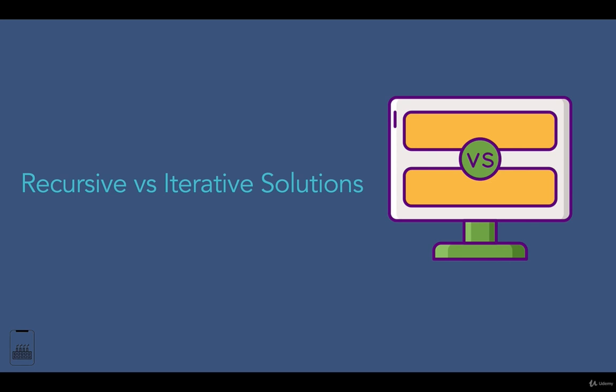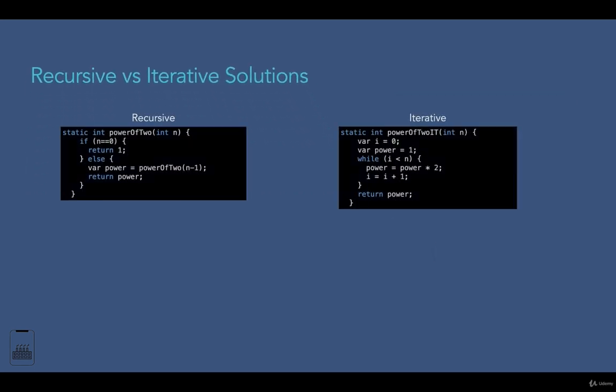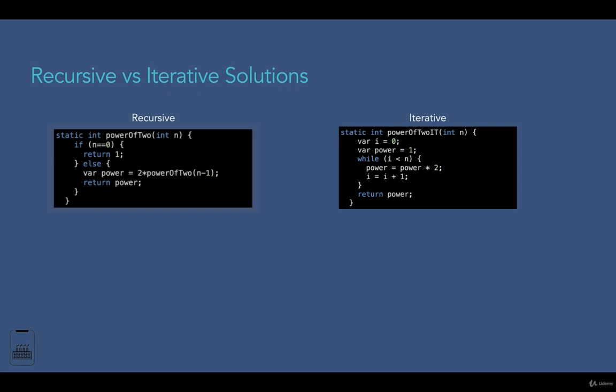All recursive algorithms can be implemented iteratively, although sometimes it's much more complex to do so. Let's look at these two examples, which are implemented in both ways. Here, the methods calculate n to the power of 2. As you can see, both methods take n, an integer, as a parameter. In the recursive function, we have an if condition, which is the base condition to stop the recursion. If the condition is not satisfied, the function calls itself recursively. In the iterative solution, we start by creating two variables, i and power. While i is less than n, it multiplies power by 2, and in each iteration i is increased by 1.